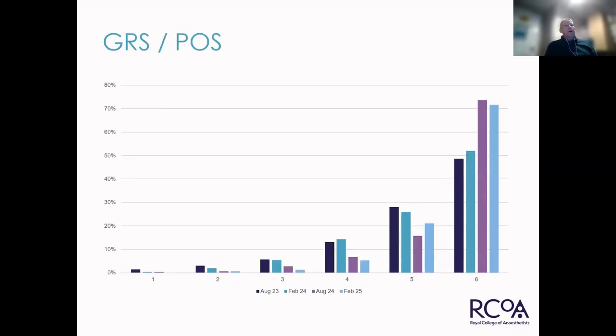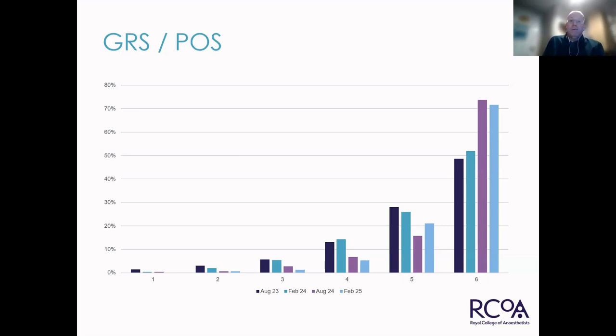This is just looking at the global rating score, and then as it became the portfolio organisation score, and the majority of people are scoring 6 in this domain. What we see is that it's actually the majority of people are scoring 5 because I put the wrong scale on here, and I apologise for that. It is possible in this domain to score 0. So the score along the x-axis should actually be 0 to 5, not 1 to 6. Sorry, that is my mistake.